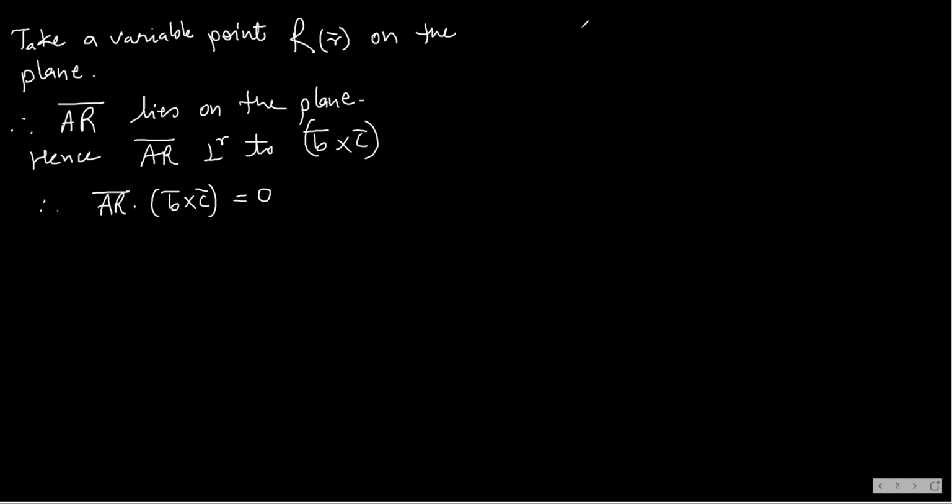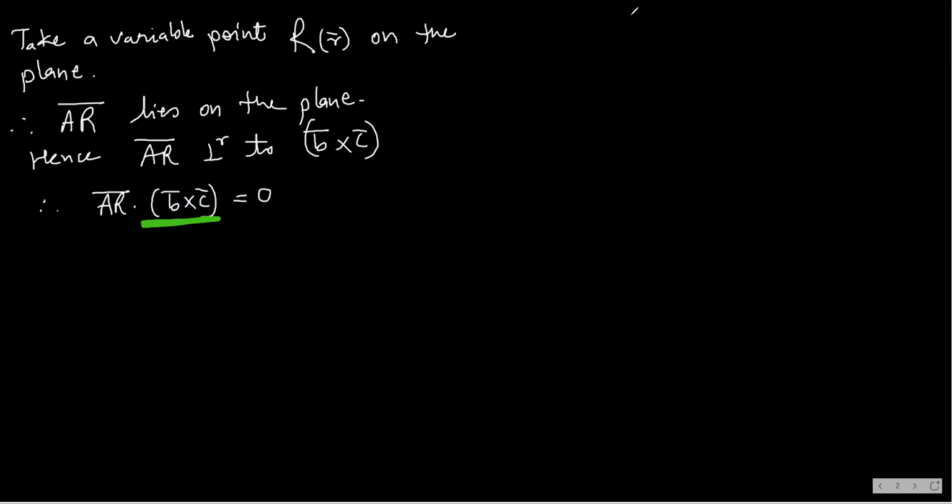Remember, students, what you are writing as B bar cross C bar here is the N bar from your previous theory, which we did in the last lecture. So you can still consider this to be N bar, and I would suggest you take it as N bar only. You have only written B bar cross C bar. It is N bar.